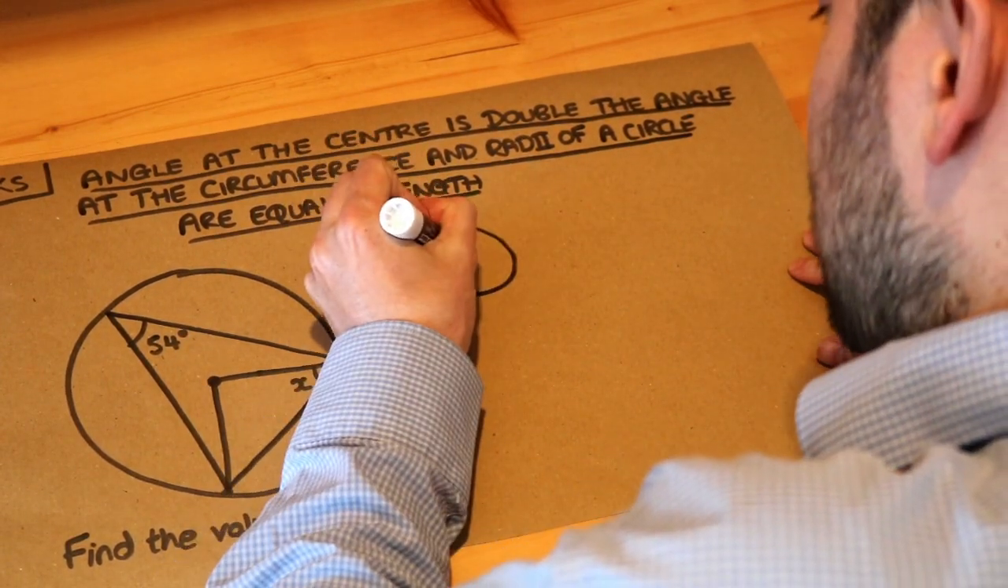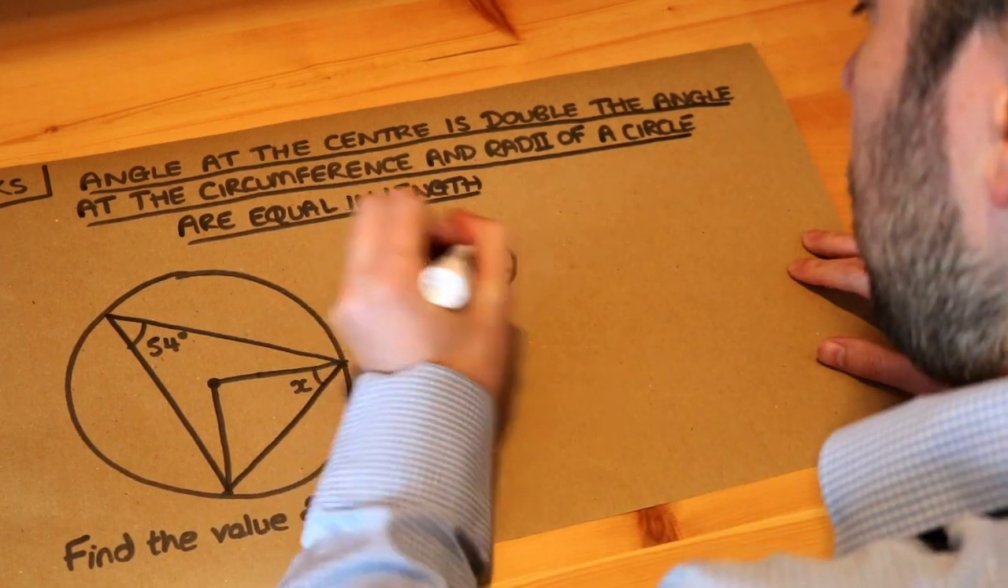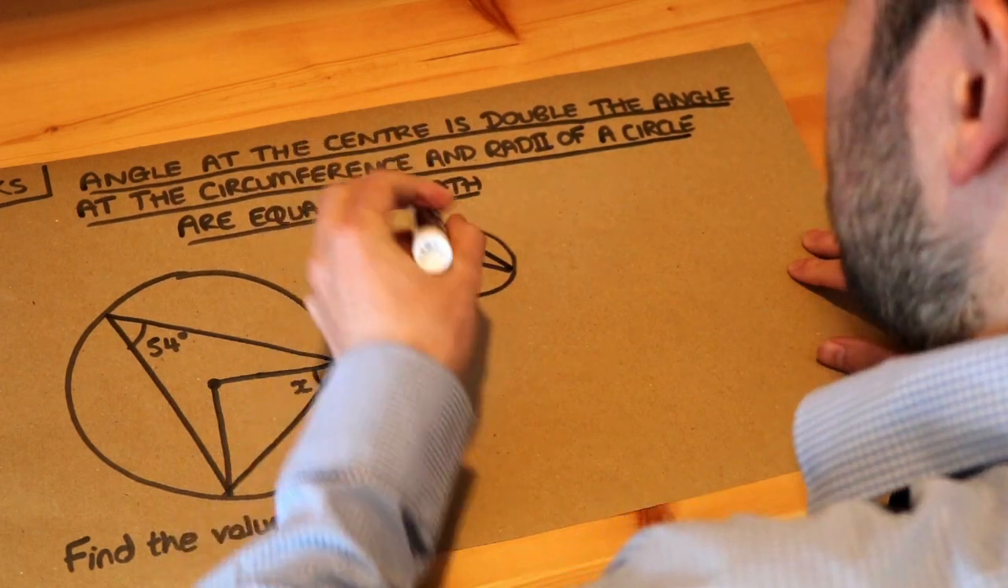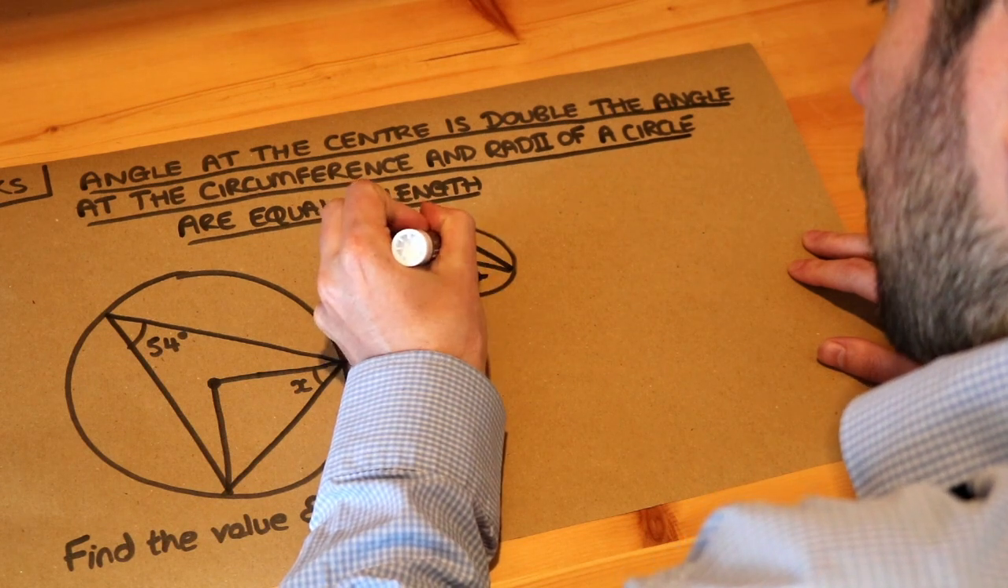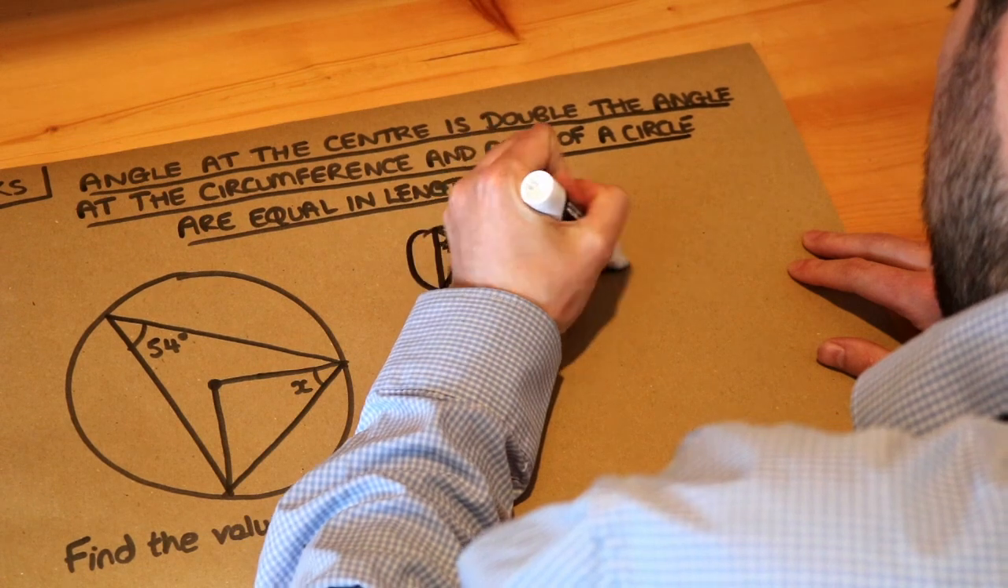The first is that if you have the angle at the centre of a circle, that's double the angle at the circumference. So this angle here is going to be double that angle there. So that's the first theorem involved. And the second theorem involved